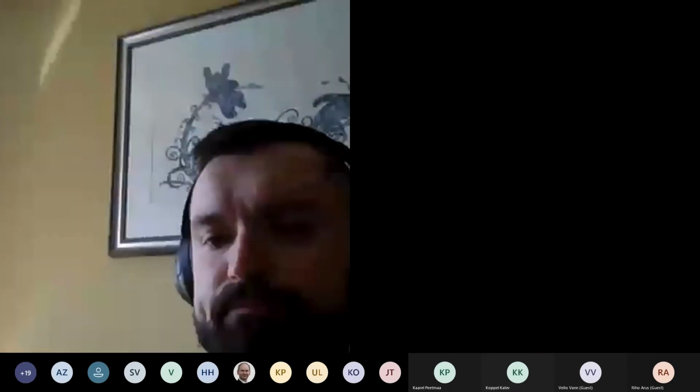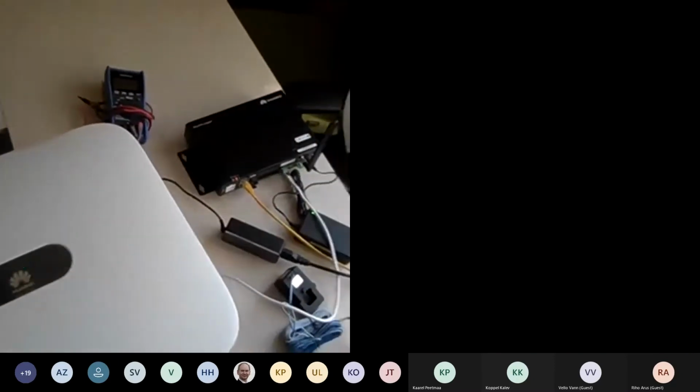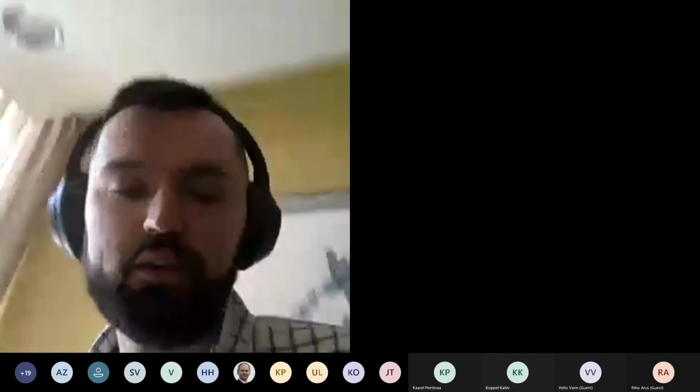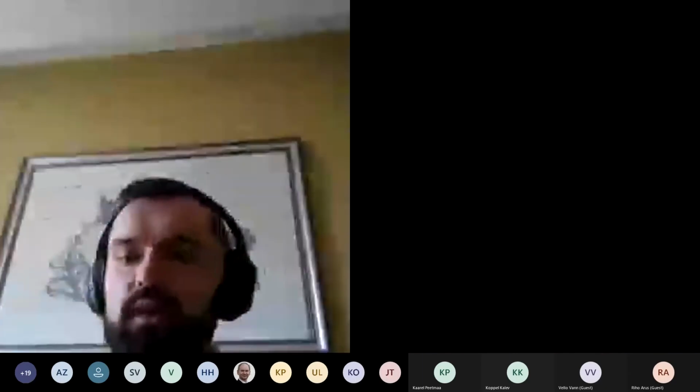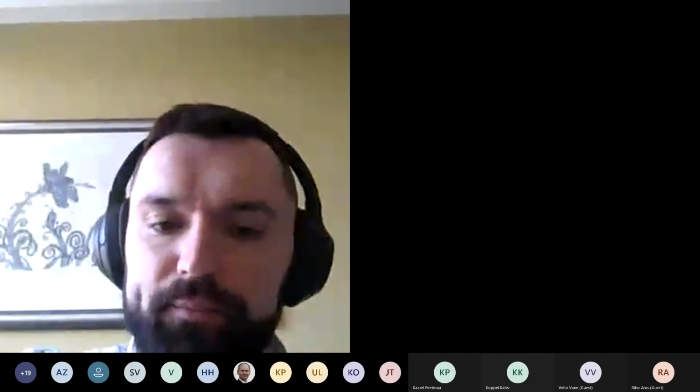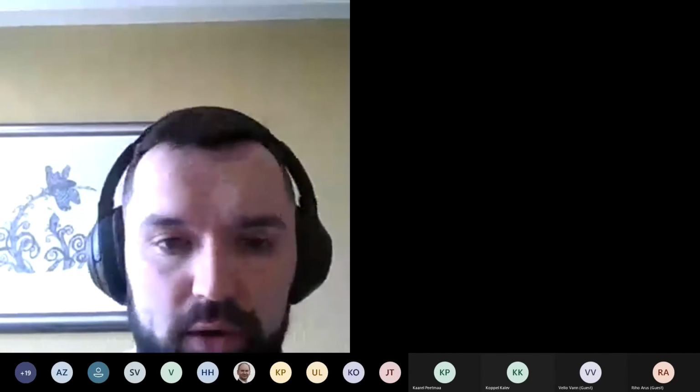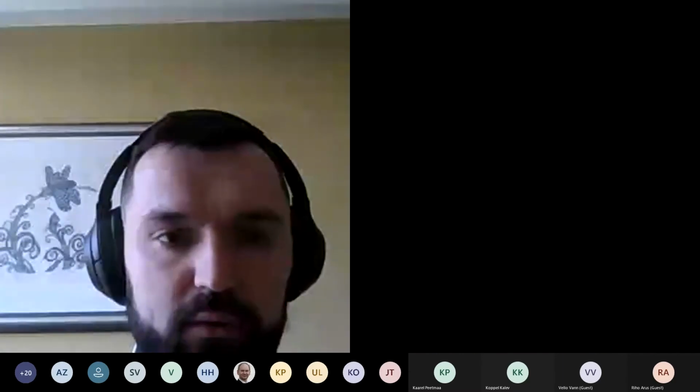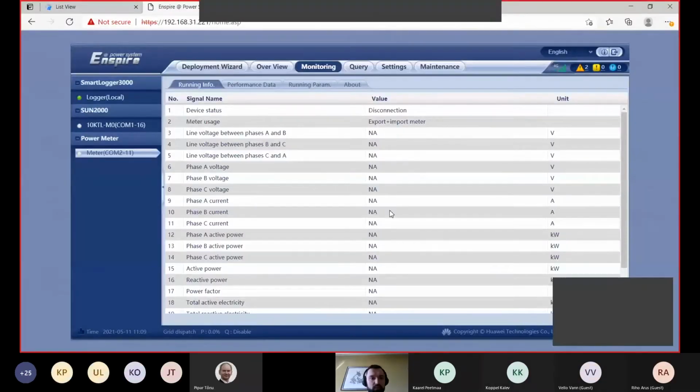Okay, now you will see we here have one inverter connected with the meter and with the logger. So in the meantime I will connect together the inverter with the logger, and we will see on web interface how it works.